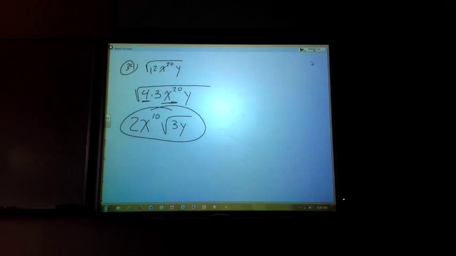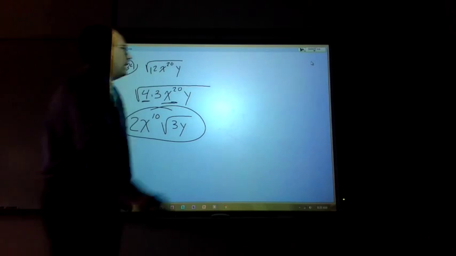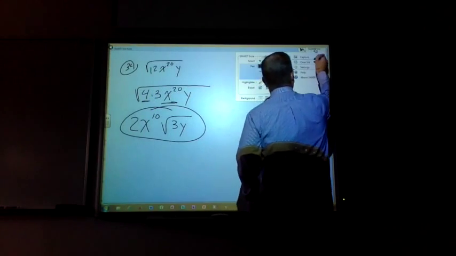Okay, so multiplication with radicals gets pretty easy. If you're multiplying two things together, you can just expand. You can multiply inside of a radical and inside of a radical. You can multiply outside of a radical to outside of a radical. You can't multiply inside of a radical to outside of a radical. That doesn't work nice and neat. But if we get into adding and subtracting radicals,